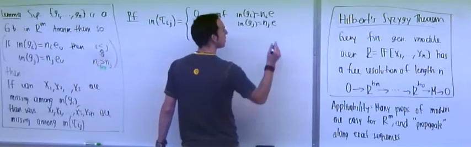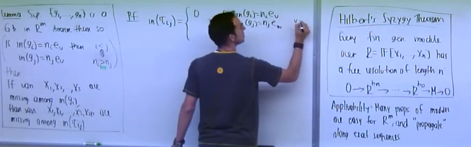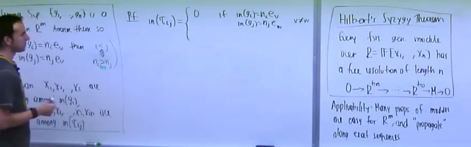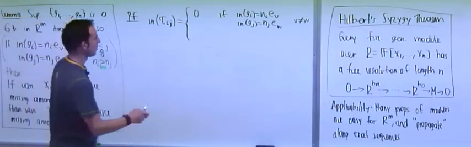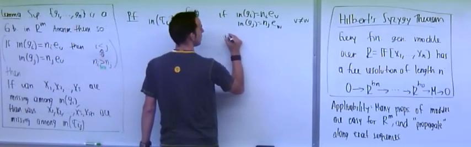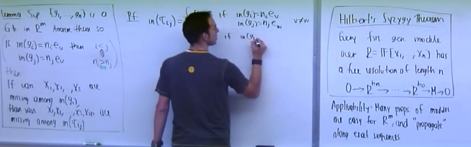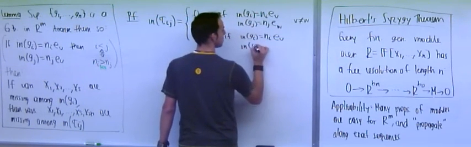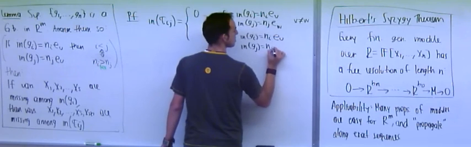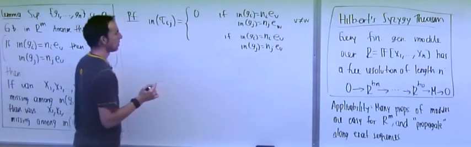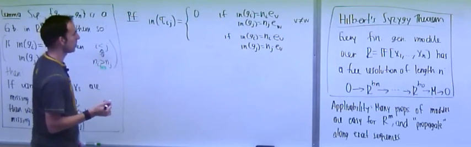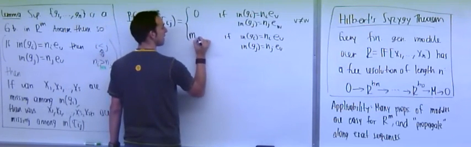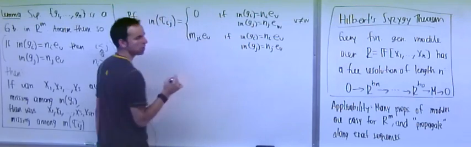Let's call them V and W. And if these guys involve the same e_u, then I proved that the initial term of this guy was just going to be this thing that we called m_ji e_u,